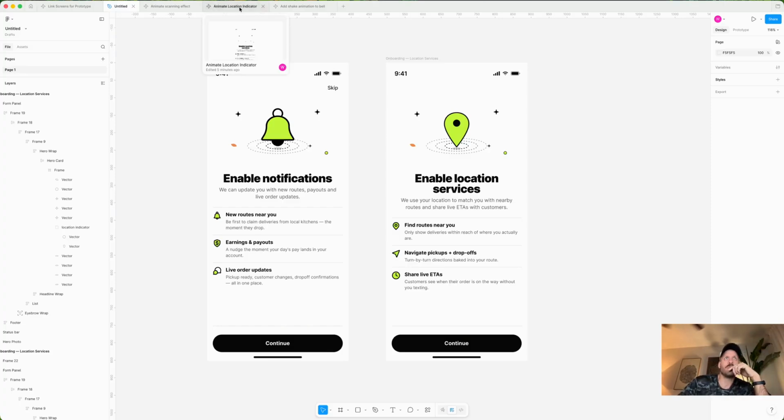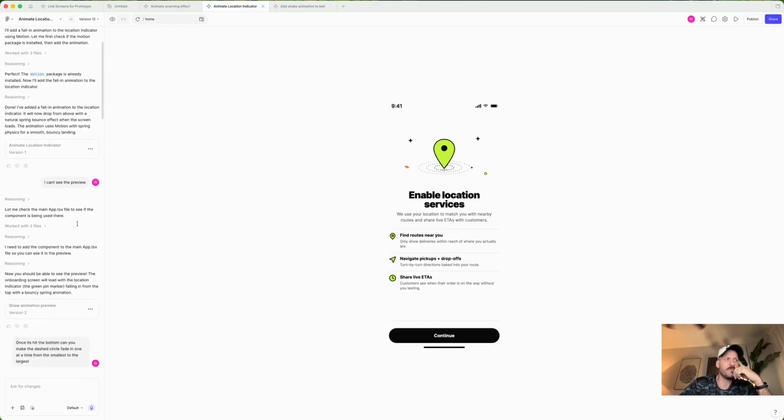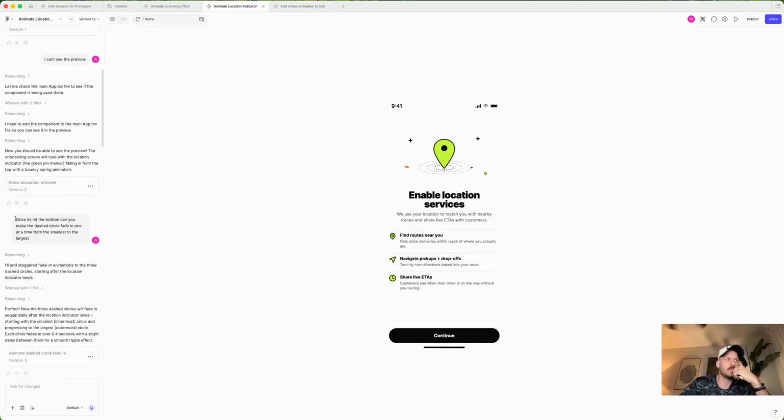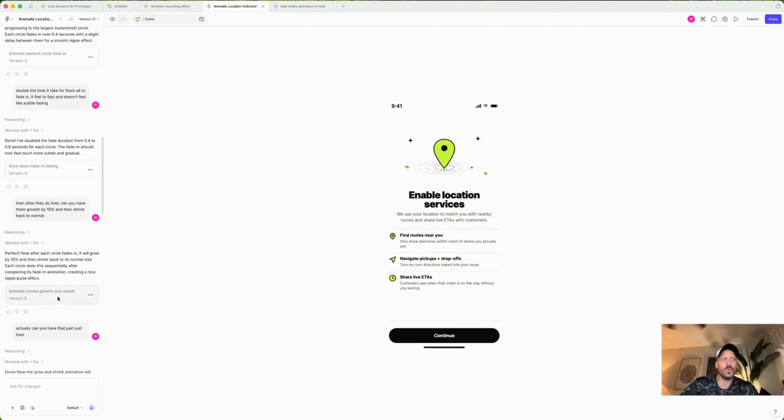And so if I go back to this location indicator, and we go back up to the top of my Make, I just said, can you make the layer named location indicator fall in from the top? And so we went through and we did that, right? I told it how to do that. And then I said, great, once it hits the bottom, can you then make these dashed circles just fade in? And we prompted a little bit more. I said, okay, let's double the time, worked a little bit on it. And then after they finish that third step, I want them to grow by 10% and shrink back to